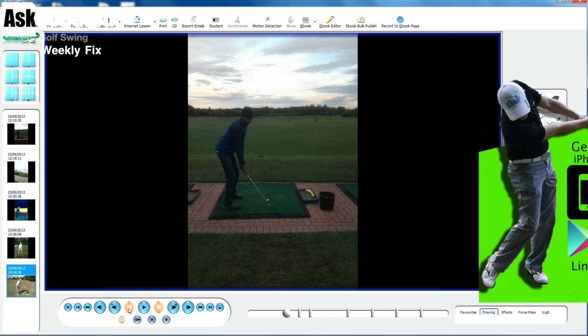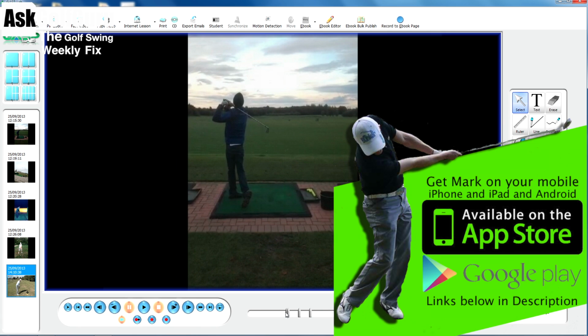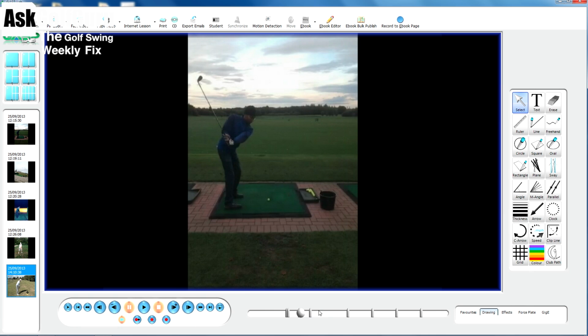So swings sent through the app, decent movements in here. We've got some certain issues that we're seeing. I would like to see you set the club back a little bit more with a fraction more left arm rotation, so we can just get the shaft laying a little bit more at this line on the way back. The slightly steep angle on the way back, or upright angle of the shaft, with the lack of left arm rotation, what happens is we see you on the backswing completing okay, but as soon as you start your downswing,